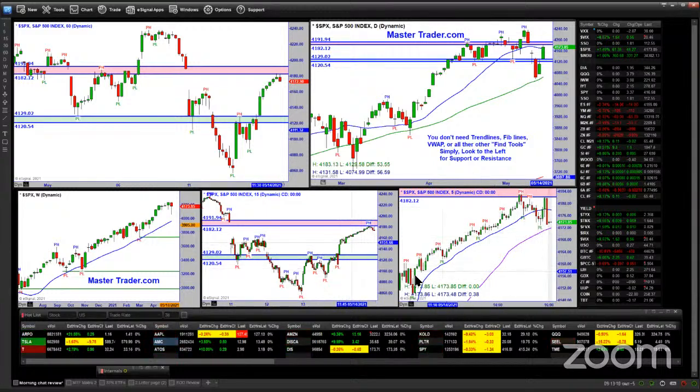It looks like lower, but I don't think it's going to go significantly lower. I mean, on an intraday basis, coming down into that area is relatively significant. But as far as the daily time frame goes, the weekly will be an inside bar. So, all right, YM,